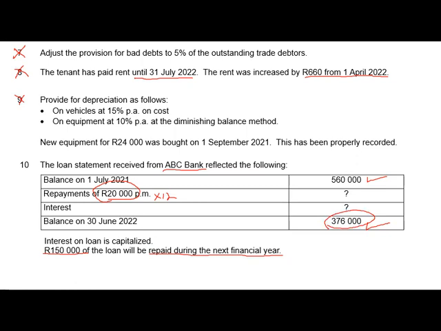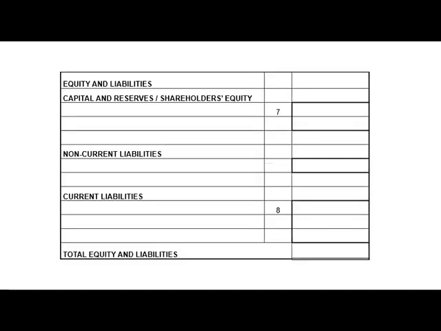According to the loan statement, this is ABC Bank. I am owing 376,000. From that 376,000, I'm going to subtract this 150 because it's non-current. Now, what do I do with this 150,000? You will record it under trade and other payables as current portion of the loan because it changed from being non-current to being a current liability. And when I record this in my statement of financial position, I will go to my non-current liabilities where I have got